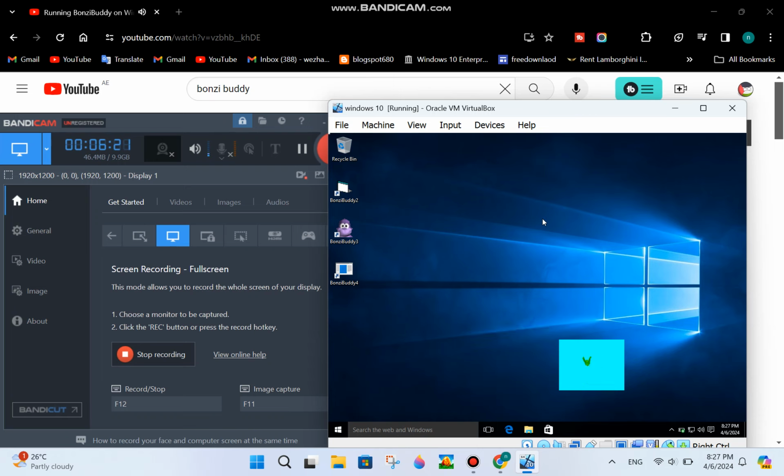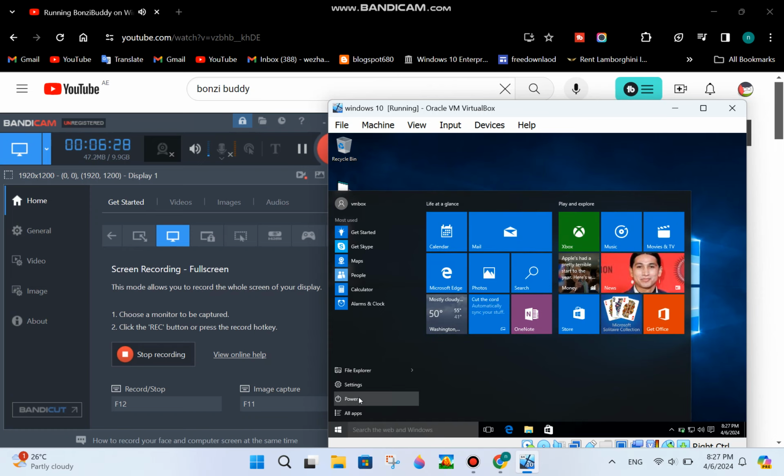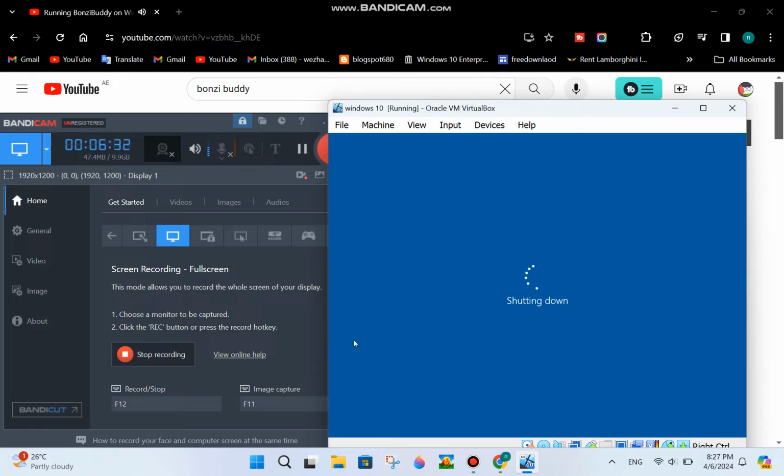Now, I actually used this same executable to install these three versions of BonziBuddy under a Windows XP VM to actually capture footage for that retrospective video that I mentioned before. And I was actually able to run